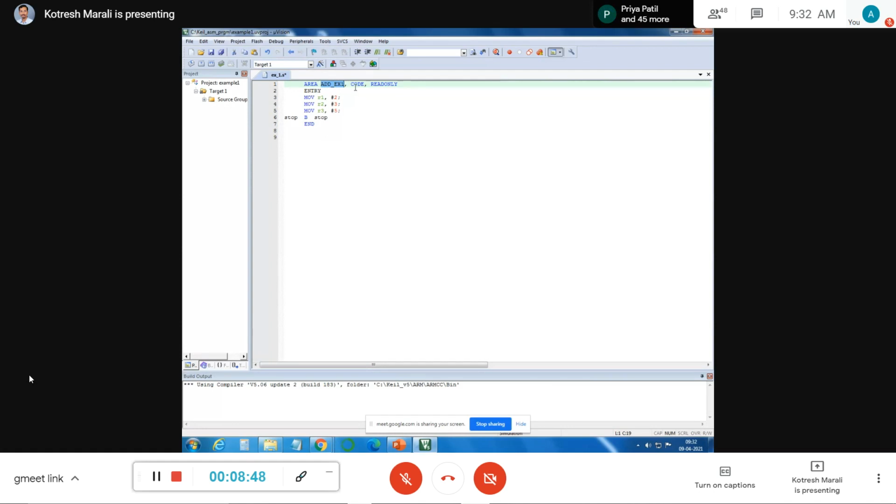I need to say whether it is to be fitted in a code region, because ultimately it all comes down to memory. Whenever I write instructions, the first infrastructure I should make available is the memory.